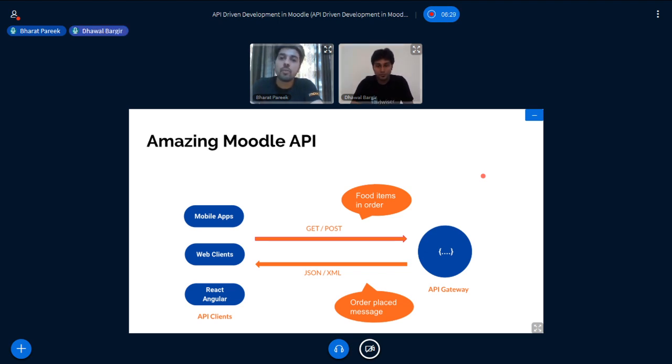But for that, we need to know what an API is. An API is nothing but an interface which is used to connect two systems. If we take an example of a food delivery app, you open the app, you select the menu items from the menu, and then you just click the order button. So what is happening here? Your mobile app works as a client which sends the request to the server. In this case, the request will be your food items, and the server will be the restaurant. In turn, the server takes the request and sends a message to you that the order is placed successfully. That's how an API is used to connect two systems and facilitate the functionality between them.